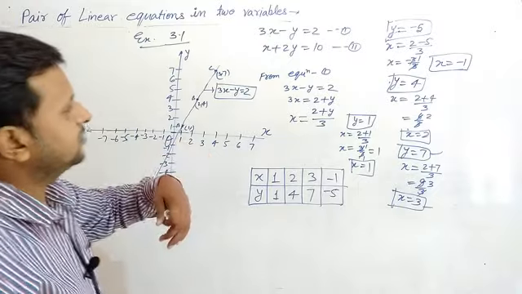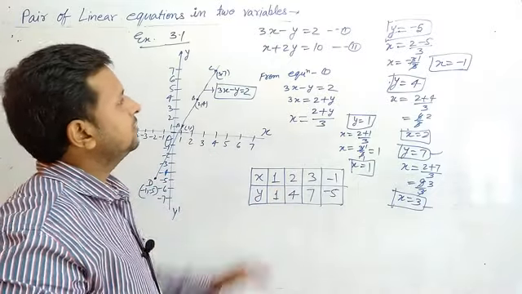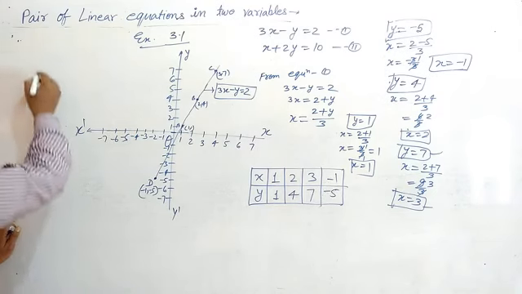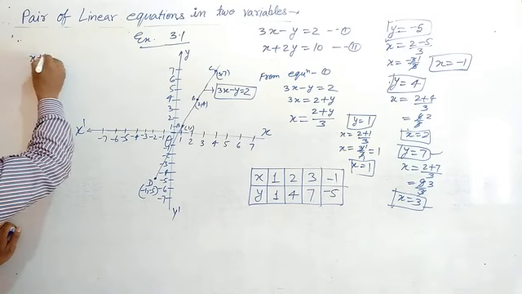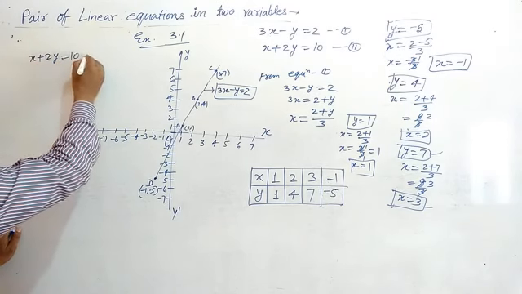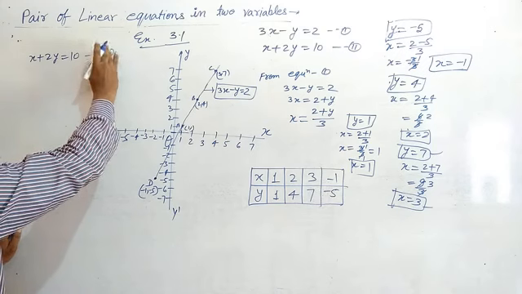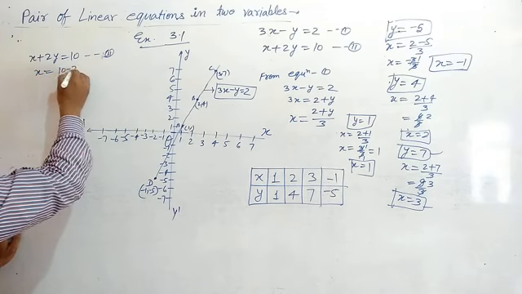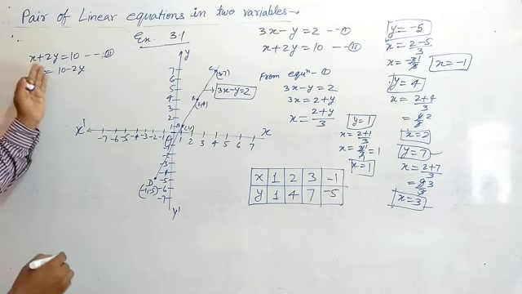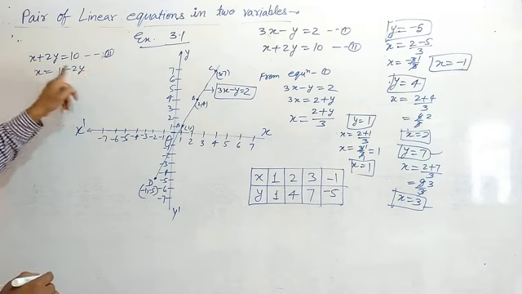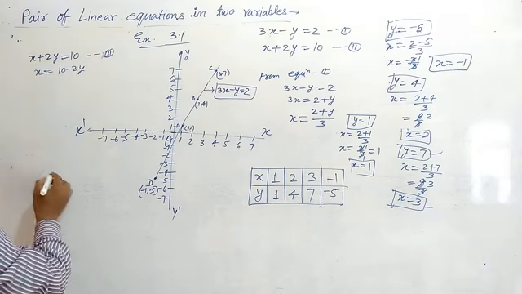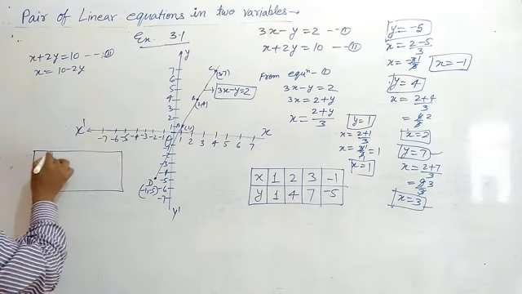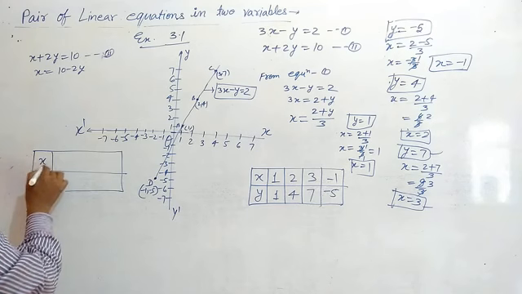Okay, same as we can present another equation. Okay, see here, second portion is x plus 2y is equal to 10. Equation, it is second one. It is second equation. Now x is equal to 10 minus 2y. It's clear. We have changed the side. 2y is here. 10 minus 2y. Now we prepare one box. We can prepare here one box. It is x. It is y.